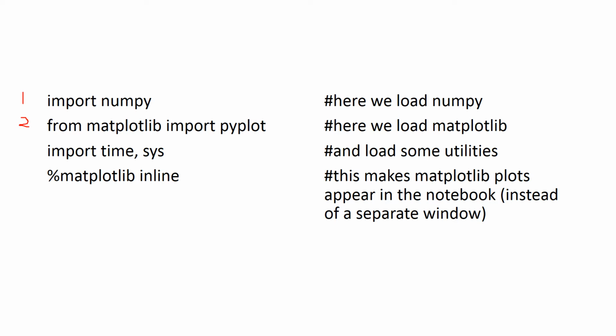The first line is import NumPy, so that we can do the matrix operation. Second, we have to import only pyplot from matplotlib. The matplotlib is a vast library, and from that we are taking only the 2-dimensional graph, that is pyplot. The third is import time and sys. This is regarding animation, that is the third line. And suppose we want to have the plots in our window itself, then we write this.